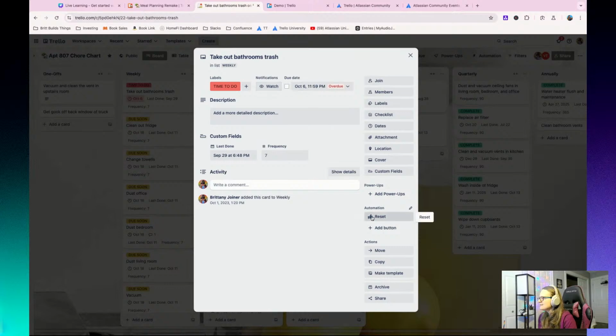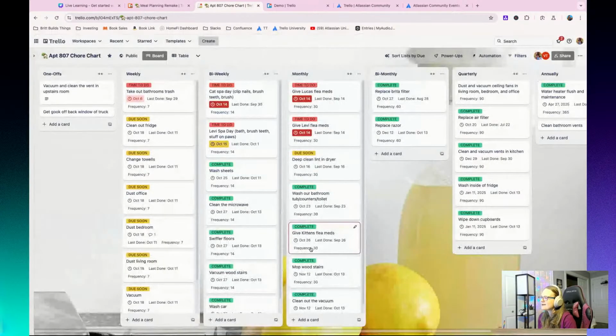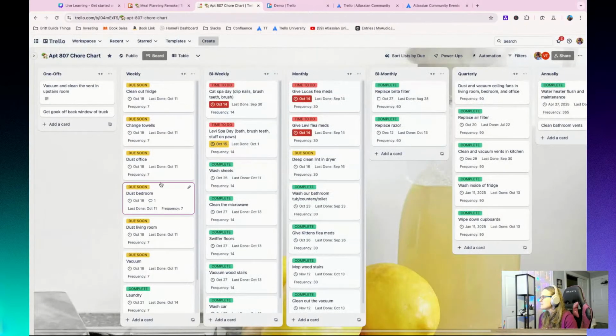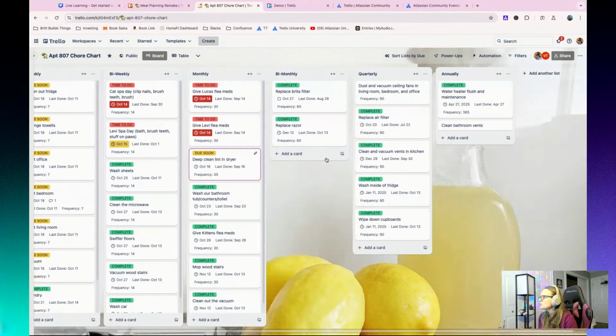So let's say I did this, and when I've done the task, I can hit this reset button, and it's going to log the current date as when it was last done. It's going to change the due date to be whatever the last done date is, aka today, plus that number of days, and then reset the due date and move it around. So that way I can always see what needs to be done, what has been done. It's time to give flea meds today, so I'm going to need to do that after this live stream. So it's a good way to keep track of those things.